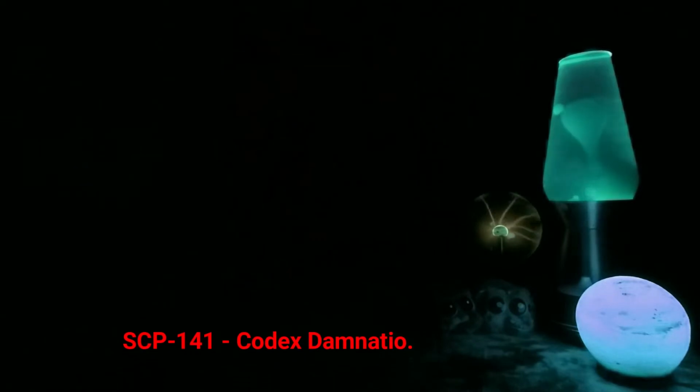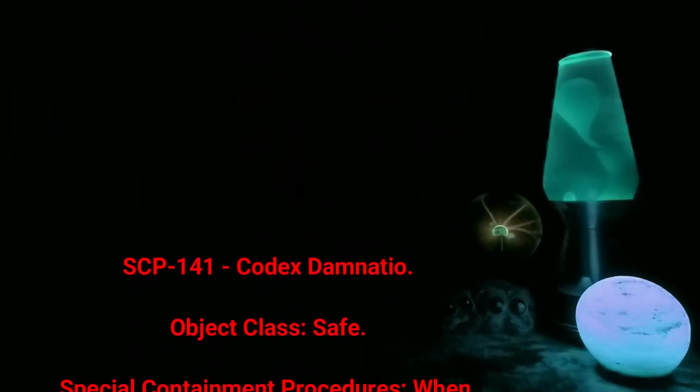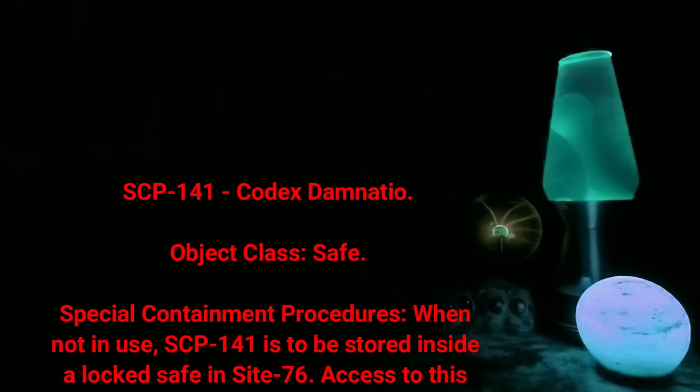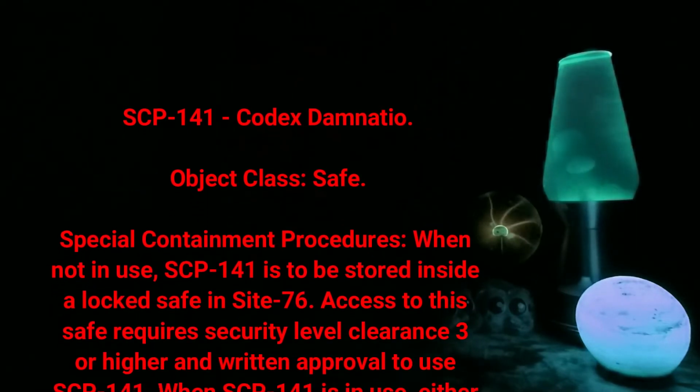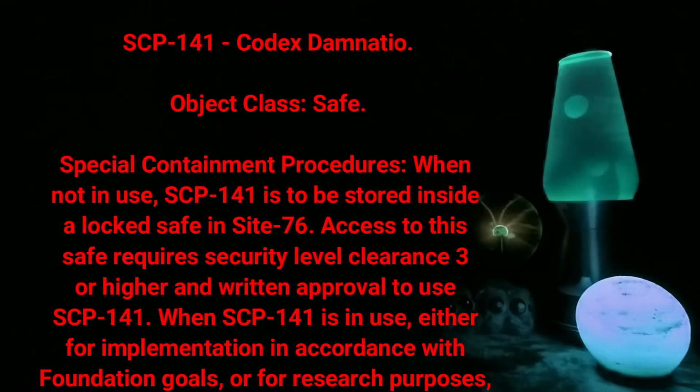SCP-141, Codex Damnatio. Object Class: Safe. Special Containment Procedures: When not in use, SCP-141 is to be stored inside a locked safe inside 76. Access to the safe requires security level clearance 3 or higher, and written approval to use